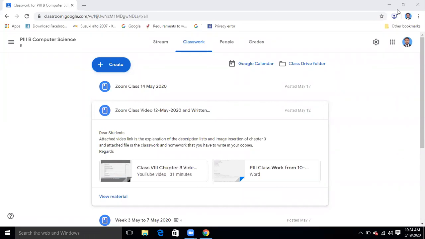Muhammad Maaz. Yes, Maaz. Sir, when I view the HTML coding on Chrome or Internet Explorer, they just show the coding. They don't show the output.